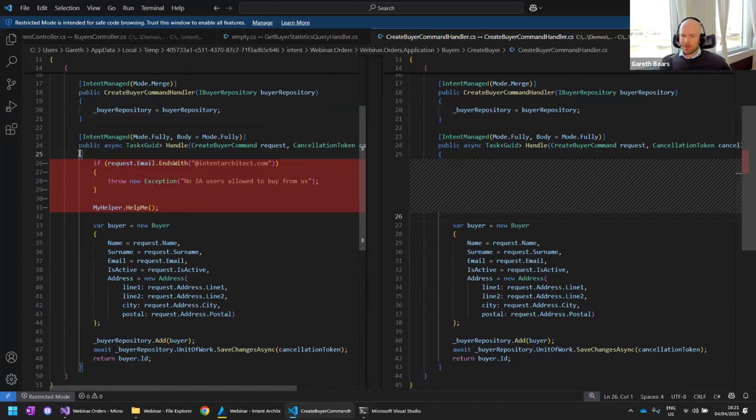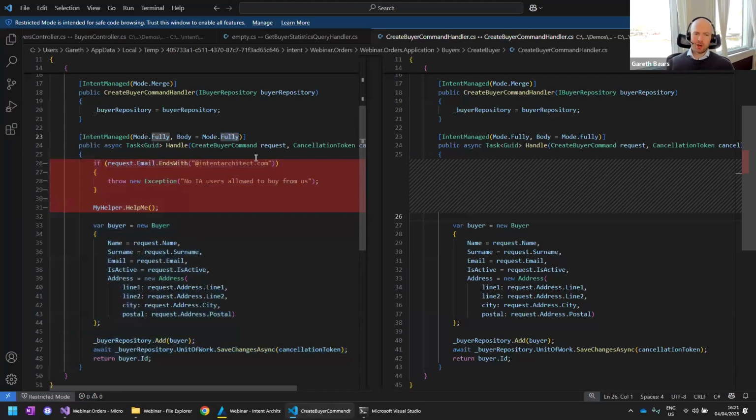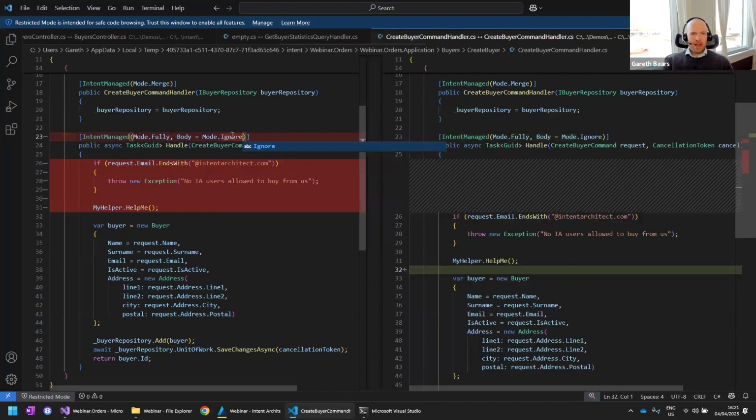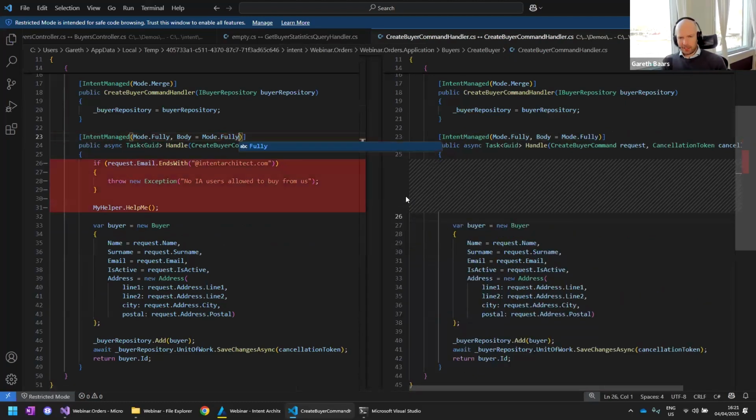If you are familiar with abstract syntax tree notation, you'll know that everything between these two curly braces is what they call the body of the method. And you'll see that there's an instruction here that says body is equal to fully. I can just go and change this. Just a recap, this is the code base, this is the projection. So inside of the code base, I can go and change this to ignore. I can say save, and what you'll see is that it immediately goes to keeping my code in the projection. If I change this back to fully, it'll go back to deleting my code.